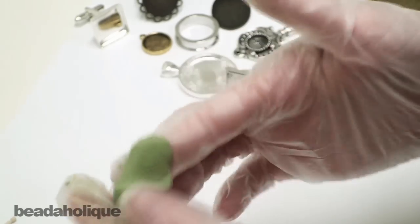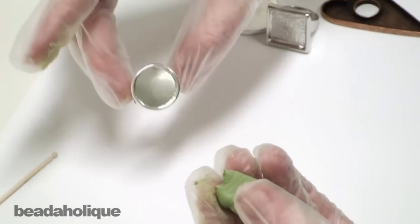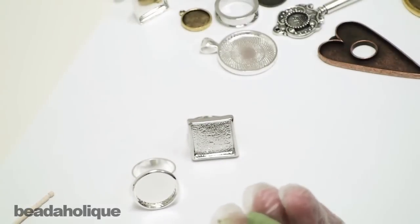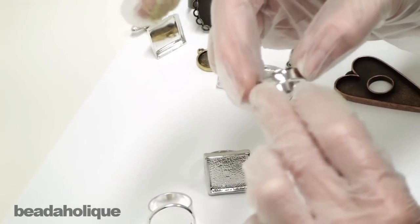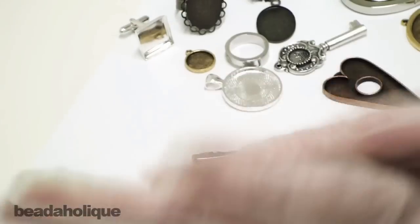That looks really good to me. So now what I need to do is roll it into the shape of my setting. I have a round setting, so I'm going to roll it into a round ball. If I was doing a square one, I'd try to keep it more of a square shape. Same thing if I was going to do an oval, I would do more of an oval shape, or if I was going to do this inset ring with the channel setting, I would try to roll it into more of a tube shape. Now, since I'm doing a circle for this project,